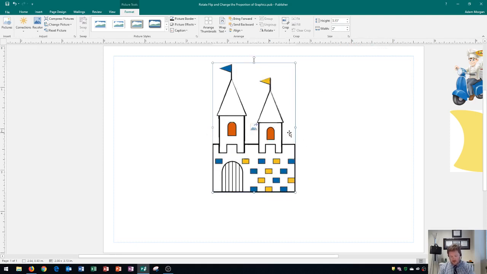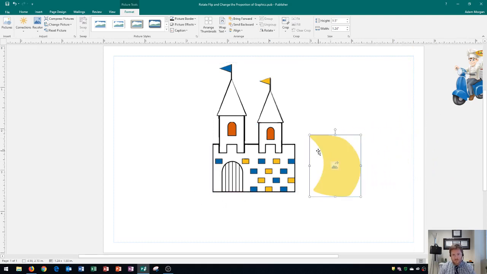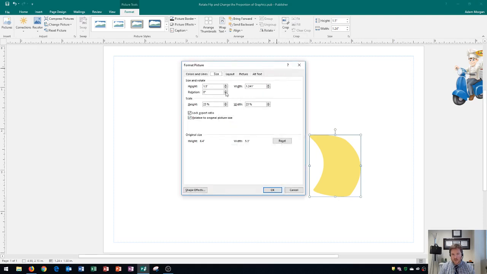The next thing I'm going to show you is how to rotate, and I'm going to use the road graphic for this one. And so I'm going to click on the road over here on the right side and bring it over. My goal here is to have the road lead out of the castle door. And to rotate, you have a few options within Publisher. You could go to the Picture Tools Format tab, Arrange group, click Rotate, and then you have Free Rotate or more rotation options. This here is where you can rotate to an exact percentage,